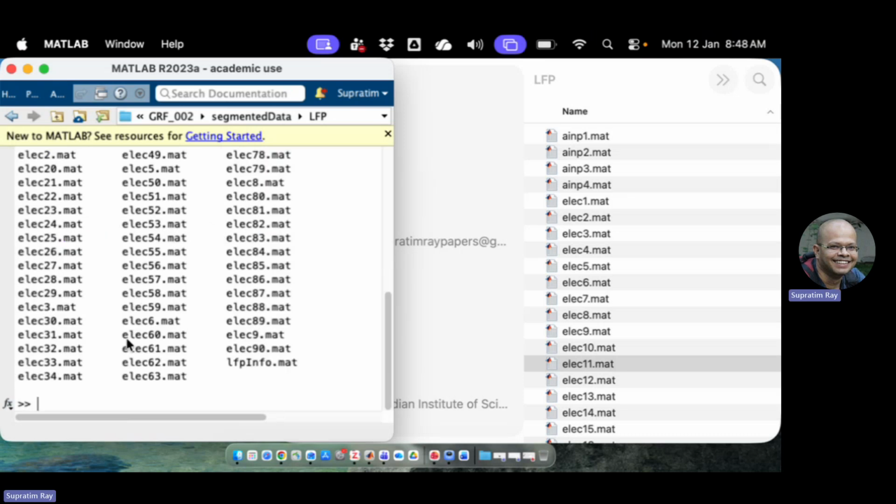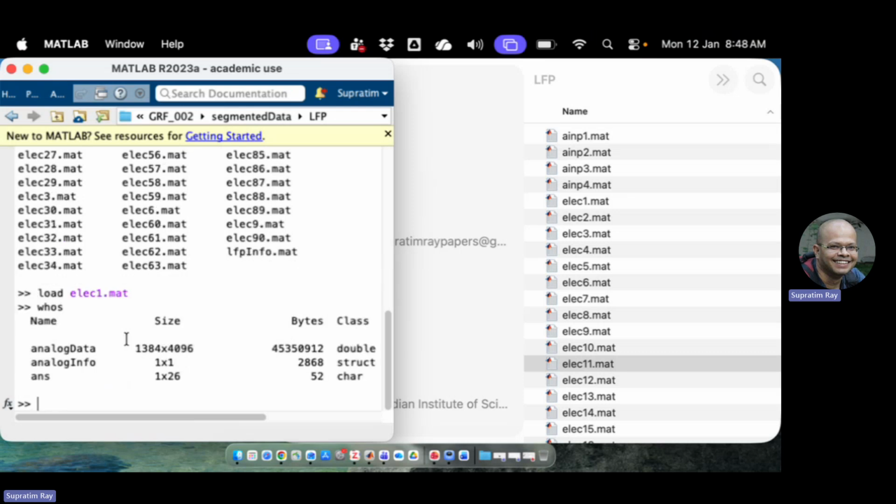So now I can see all the electrodes and I can just say load elect 1. So when I do this, you will get this variable called analog data, and it has a size of 1384 cross 4096. 1384 corresponds to the total number of segments that we have collected. Okay. So if I just say plot